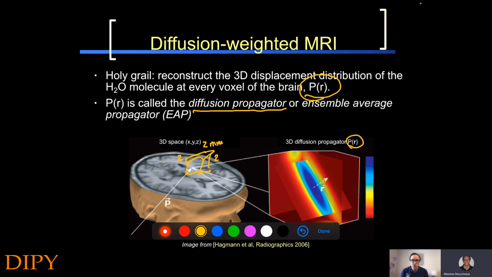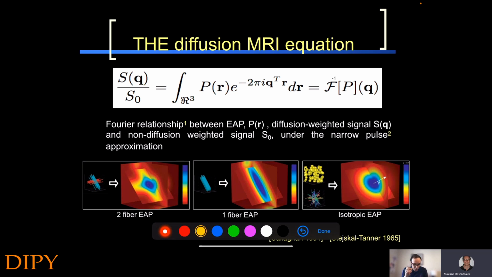So this is a very complex object. It's a 3D function within each voxel, right? Because this R here is a vector, and this is a radial component R, an angle theta phi. Okay, so it's doable today, but way back when diffusion started, it was impossible to reconstruct such a large 3D function at every voxel. So as you will see, we will need to make some simplifications to summarize this maybe just on a sphere, right? If we just keep here theta phi, then we're left with just a spherical function instead of a whole 3D function. And so this is the only